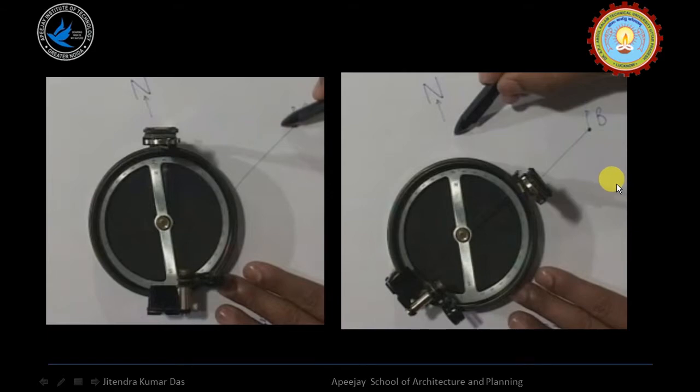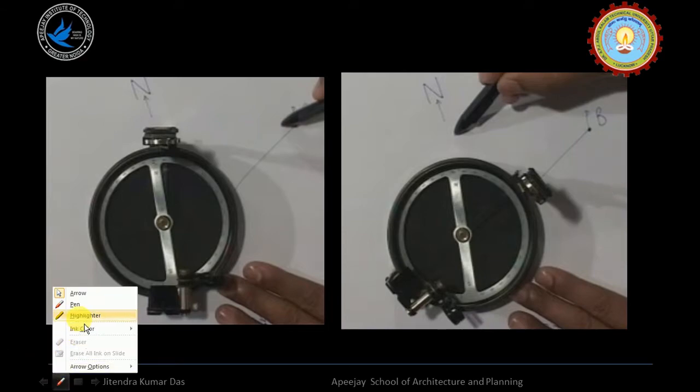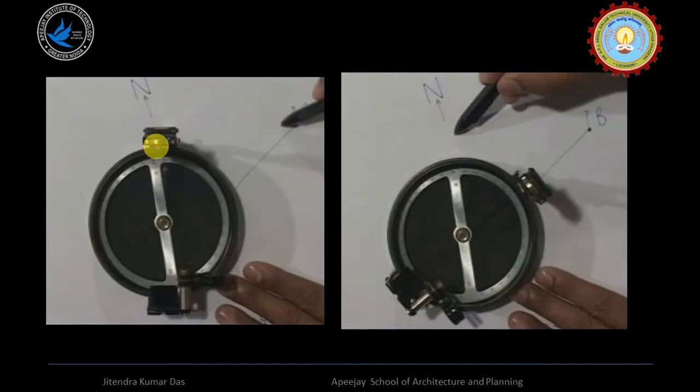Now how can we use the prismatic compass to take measurements? See carefully. First we will center our instrument, and we will align the instrument in the north-south direction. Here it is our north and it is our south, and you can see the line of the reading, north, south, and both our object vane and eye vane. This is our eye vane, and this is our object vane. So both are placed along the north-south line.